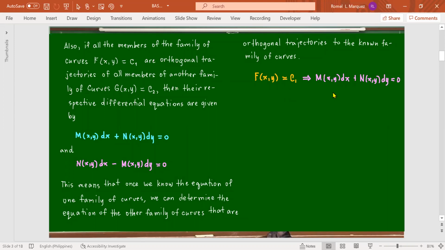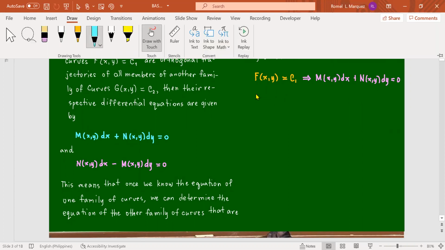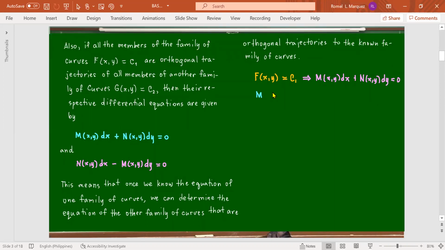And then after that, from this obtained differential equation, we will be able to get the differential equation of the unknown family. So that is N of x, y dx minus M of x, y dy